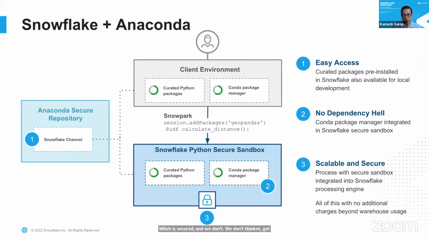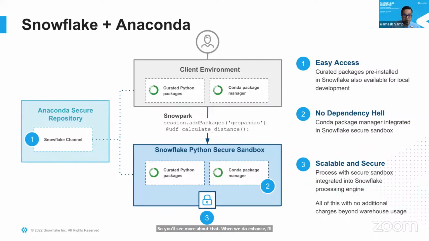So even if you're running something locally using your conda package manager, you can point it to the Snowflake channel and install all these packages, so that when you get to Snowflake, it's going to use the same package, same version, everything, which is more secure. We do all the license checks and everything before the package actually lands in the Snowflake Anaconda channel. You'll see more about that when we do the hands-on lab. I'll show you how to pick up the package and install it.